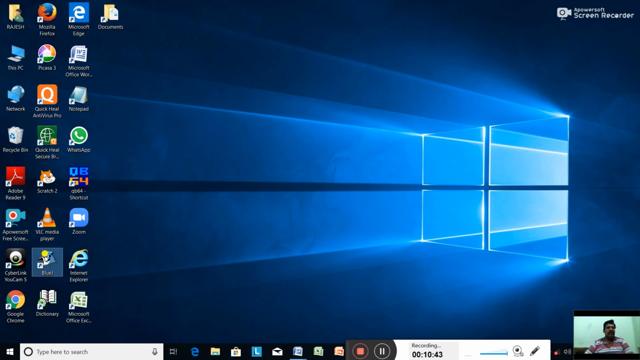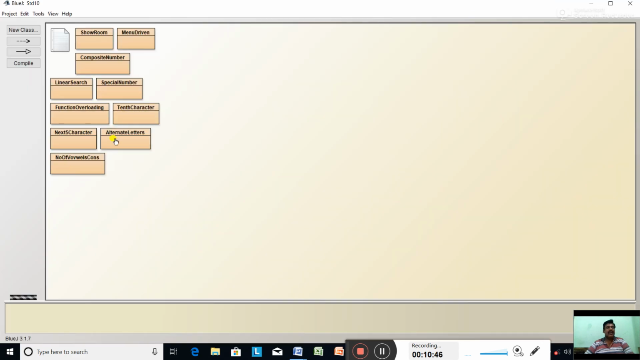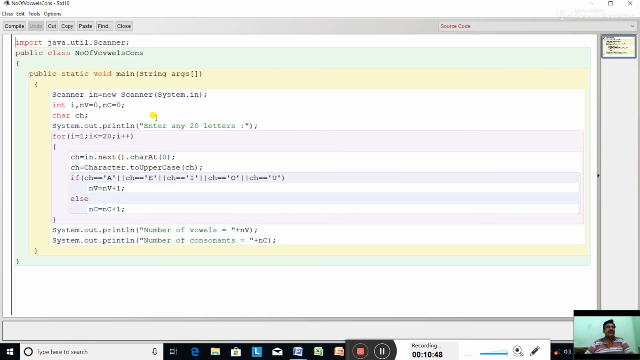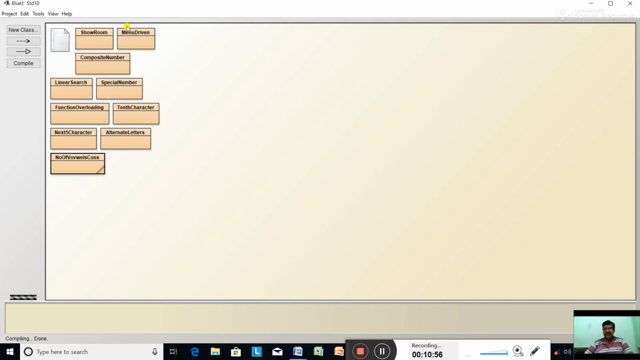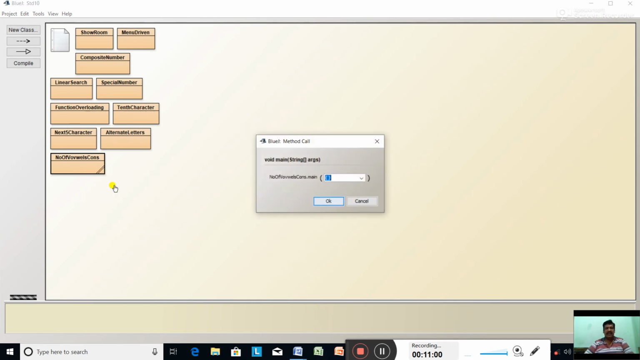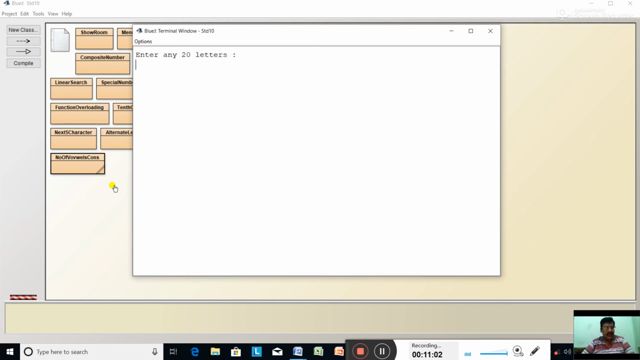Open BlueJ. Number of vowels. The program is already typed. Let's compile. No syntax error. Close. Right click, void main. Enter. Now input a letter. Suppose A,